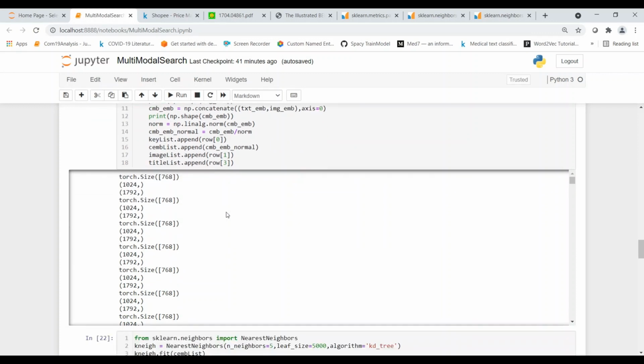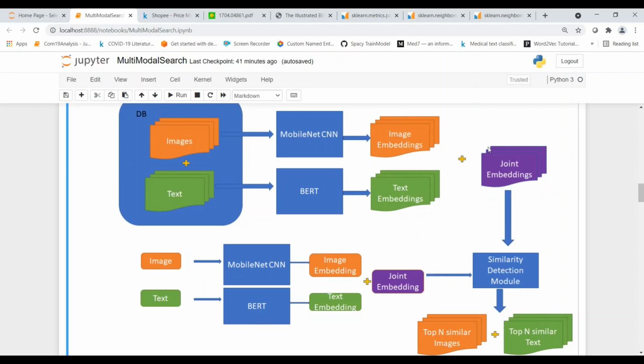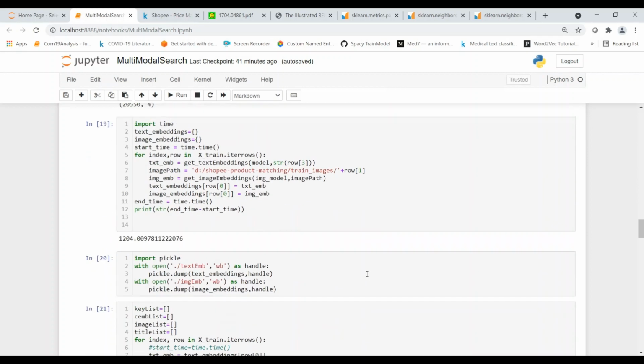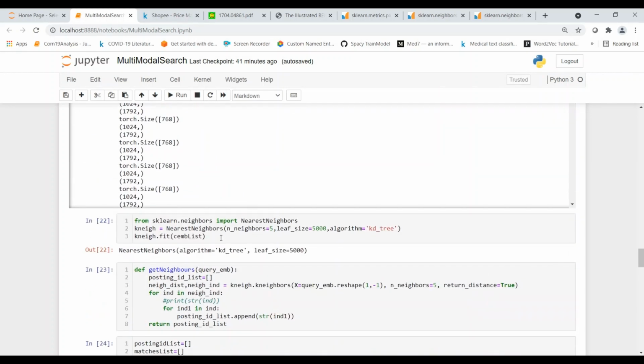So now we need to find the similarity. We have got this joint embeddings now, and we have to create this similarity detection module. For the similarity detection module, the simplest thing we can do is use the nearest neighbor algorithm.